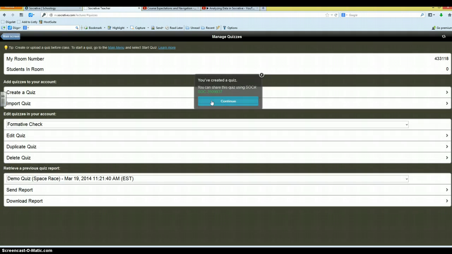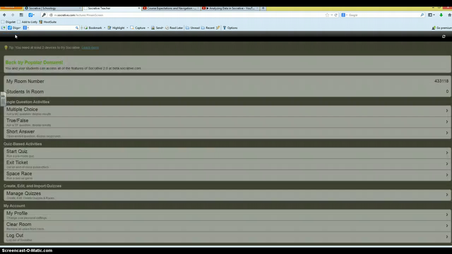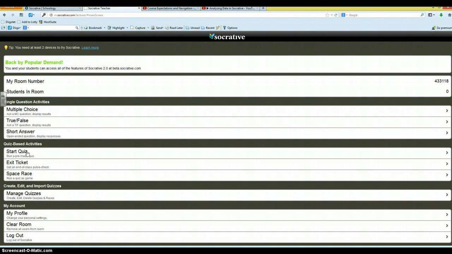Now hit continue. And now I have in my quiz options, I have one called formative check. So if I want to deliver that quiz, I can edit it again, go here. I can duplicate it, so maybe I want to have it adapted for various classes, or I can delete that quiz. Okay, now if I want to actually deliver that quiz, I go back and I go to start quiz,